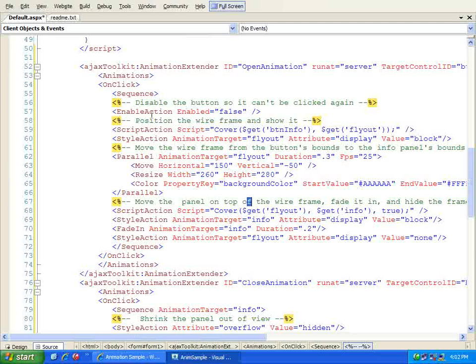So in this case, enable action, enabled equals false. So we're going to turn that button off while the animation has appeared, and it'll stay there until we set it equal to true in the closing animation. So this is the opening animation. Then we're going to position that wireframe, and we're going to do that by declaring the script action to